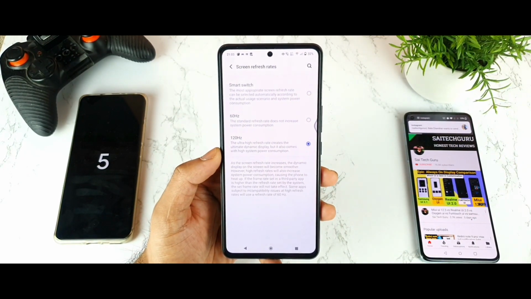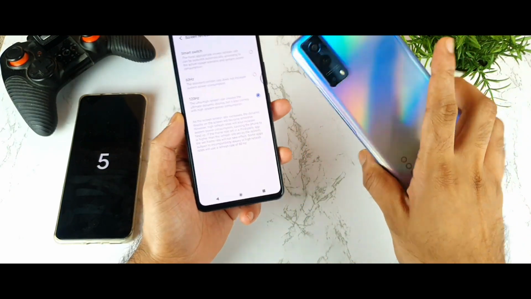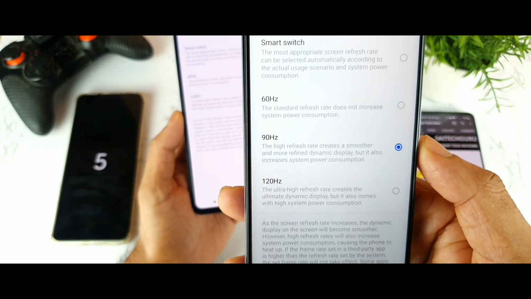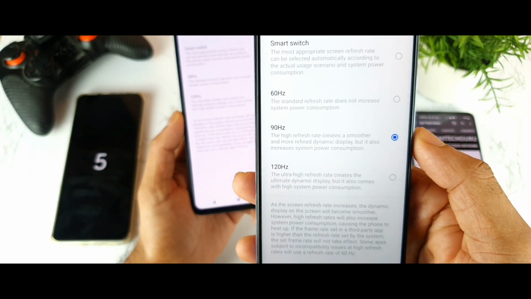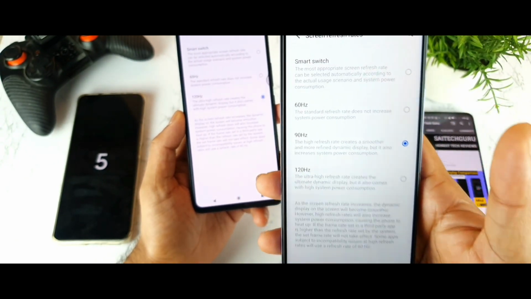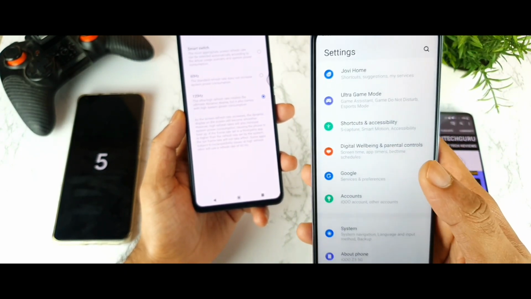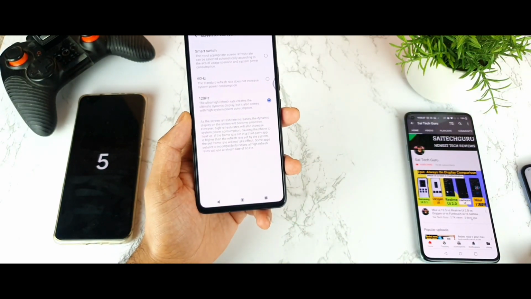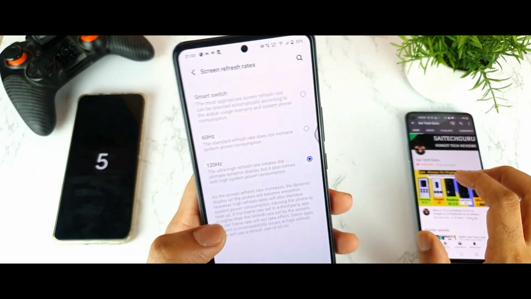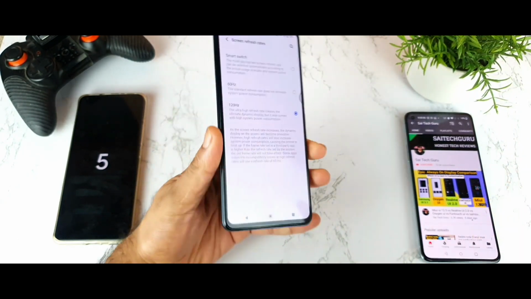The reason why I'm saying 90 Hz is because I did see the iQOO Z3. So this iQOO Z3 friends, I did see it has got a 90 Hz refresh rate option as well. That's quite useful, I would say, definitely. In case you don't want to have 60 or 120, you can definitely have 90 Hz. That's a really good advantage where you can experience a little bit smoother and save some battery. So hopefully the phone should be getting the 90 Hz option maybe in the next couple of updates. That is what I'm guessing friends.